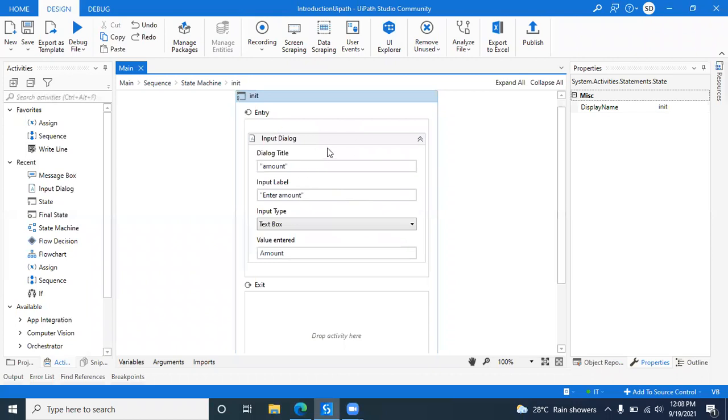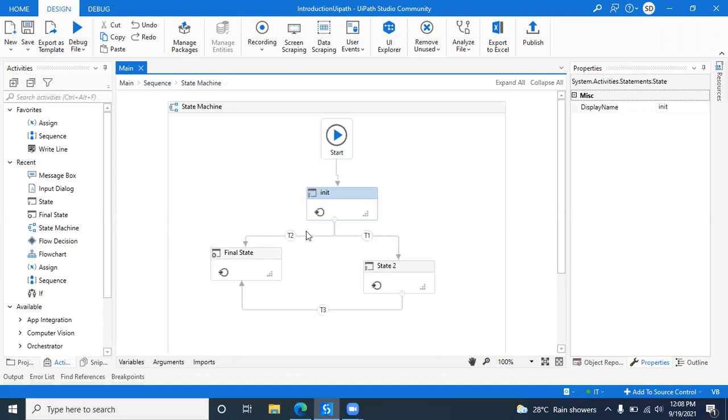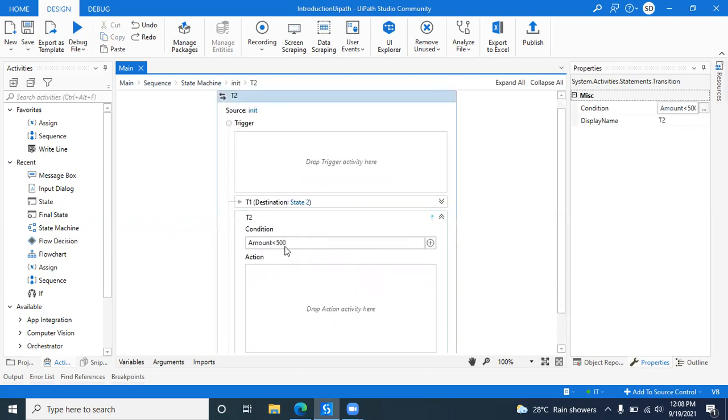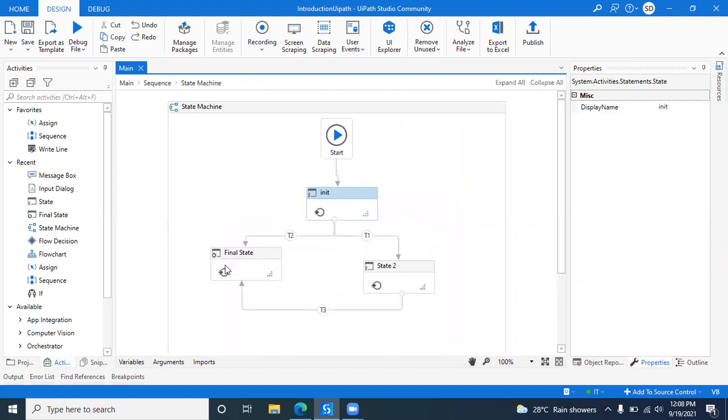Just check only the entry. Here you are entering the amount. This is the first thing. And here you are putting the condition. After clicking there, you can just go in the condition only. Don't think about other blocks. If amount is less than 500, then it will directly go to the state. When you click, this transition is automatically created. Understood?